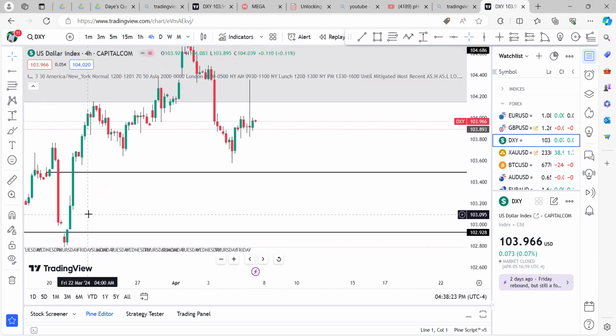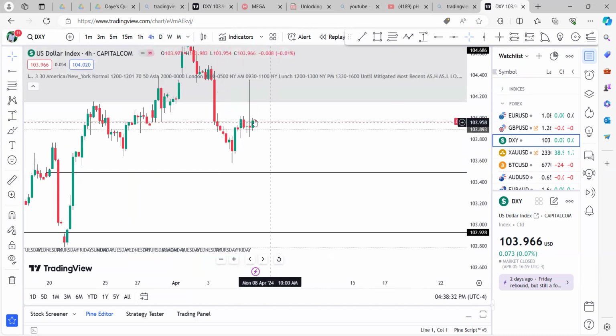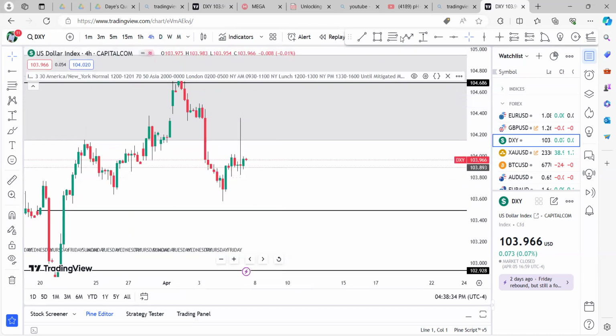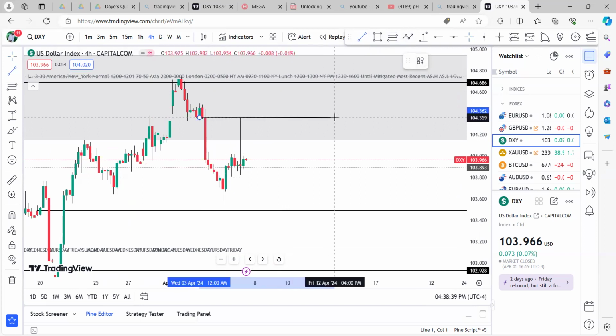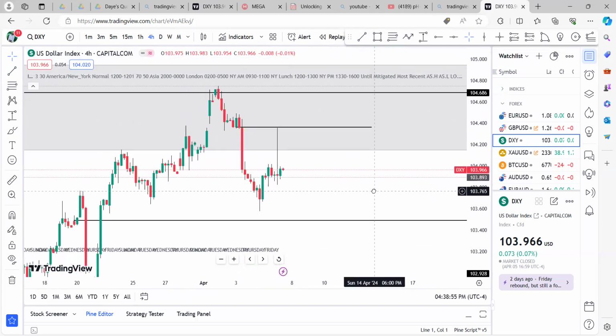Remember, this was the order block that we highlighted on the daily. This is it. So there's a possibility that price would respect this bearish order block, trade lower, clear these relative equal lows, and dip into this daily bullish order block and then trade higher. If that happens, I wouldn't be surprised.